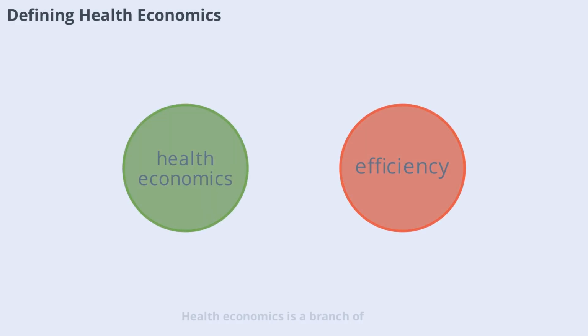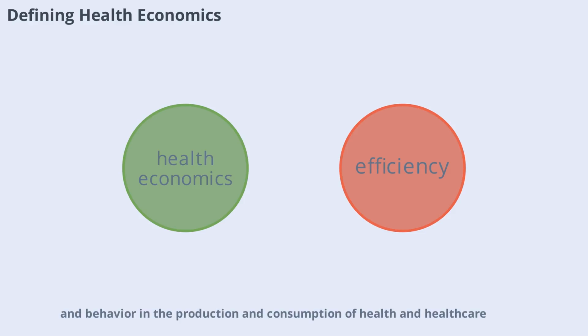Health economics is a branch of economics focused on issues related to efficiency, effectiveness, value, and behavior in the production and consumption of health and healthcare. It examines how healthcare resources are allocated, including money, time, and labor. By analyzing these factors, health economics aims to improve the delivery and quality of healthcare services. This field also considers the impact of health policies and interventions on population. Understanding health economics is essential for policymakers, healthcare providers, and patients alike, as it influences decisions at every level of